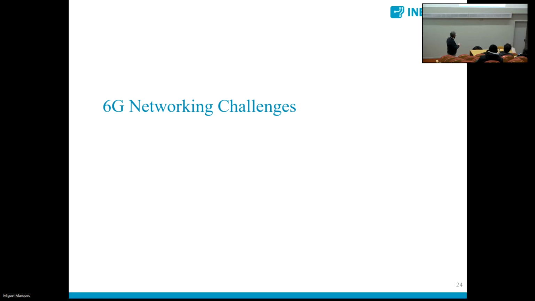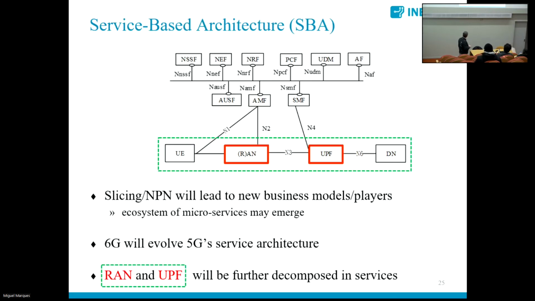Now let us go to networking. From a networking point of view, we foresee a service-based architecture that consists of a set of functions that are a kind of web service that can be deployed everywhere on the internet. You know, we have studied only that, but there are a set of functions that we need to operate the communication networks that can be placed anywhere because they run on standard computers.